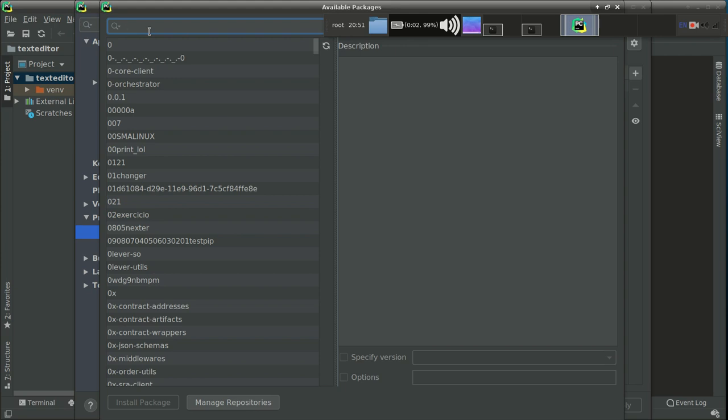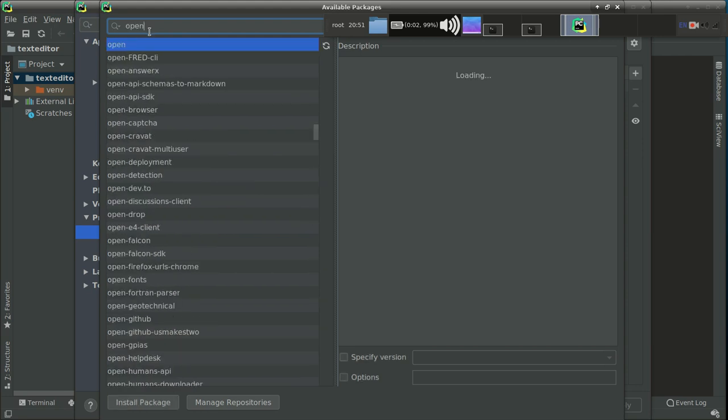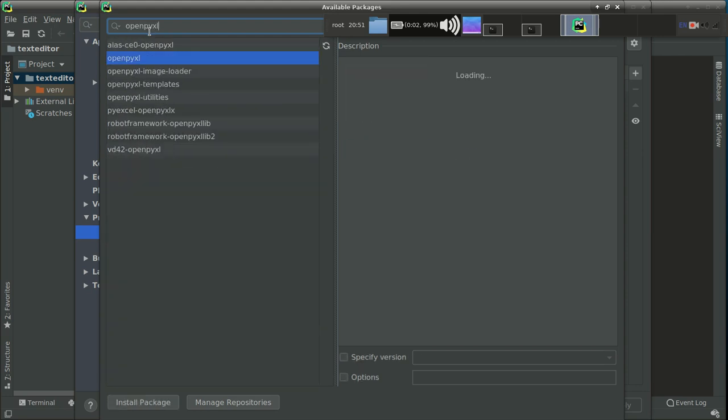And the one library that we are going to install is OpenPyXL. If you have information about OpenPyXL, that's good, but let me explain. OpenPyXL is a library with the help of which you can work on Excel files using Python. In this text editor we are not going to make any database.